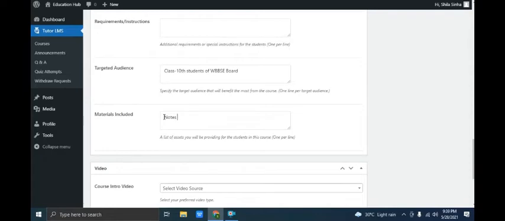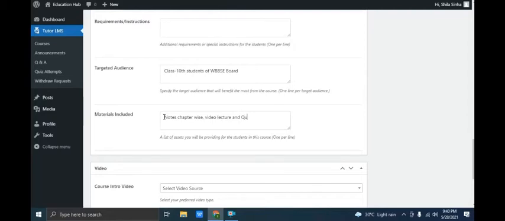And if you want to write the material required, suppose you are giving a drawing painting tutorial, you can write what material is required, and required for the instruction also. The material included is what you are including: notes chapter wise.